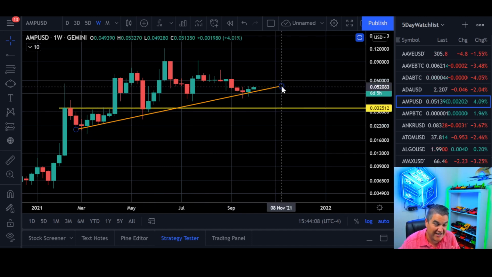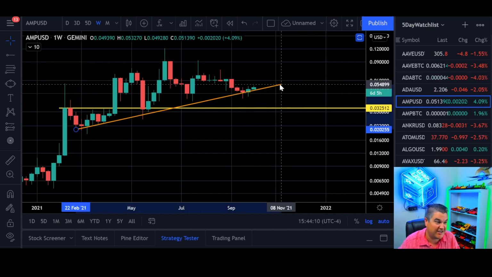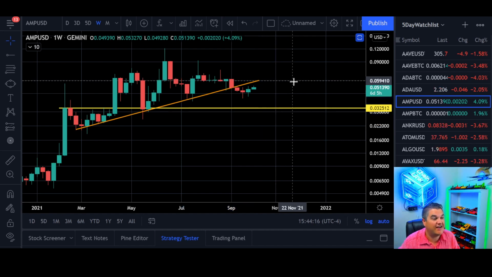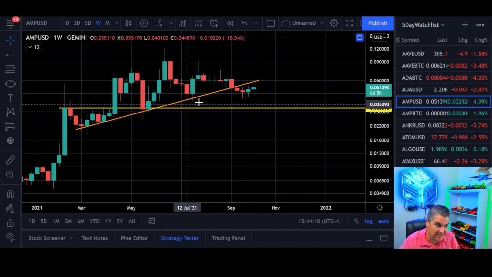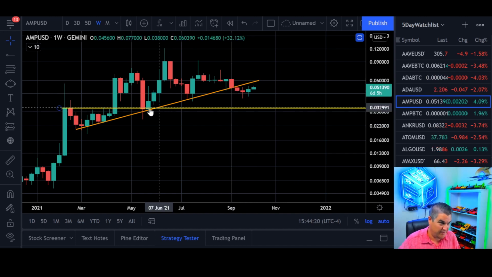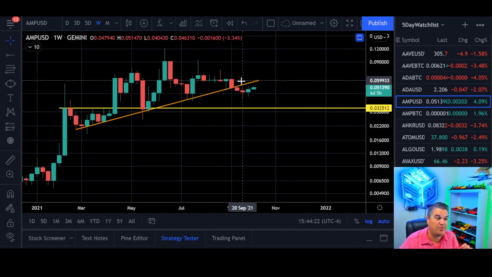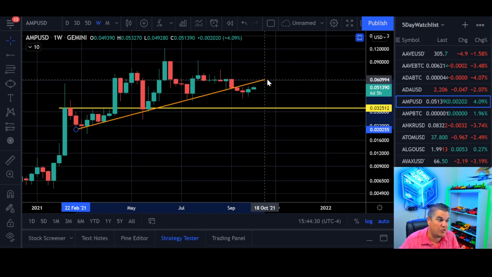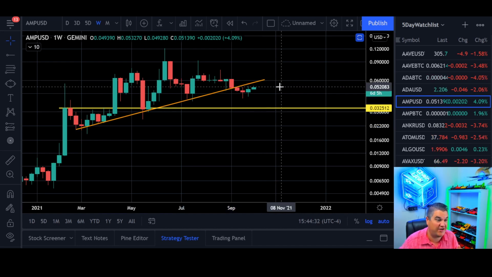Well, potentially you could draw this a little differently, right? If you go up here, you have a few more touch points on a weekly scale. And as you can see, this becomes a little bit more concerning because the more touch points, the more solid that line. So although both of these are accurate and correct, that is a trend line. The one that has the more touch points is that one.